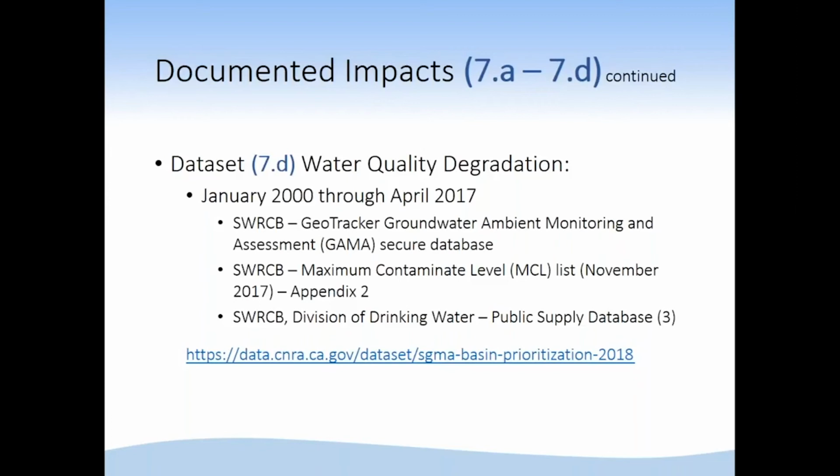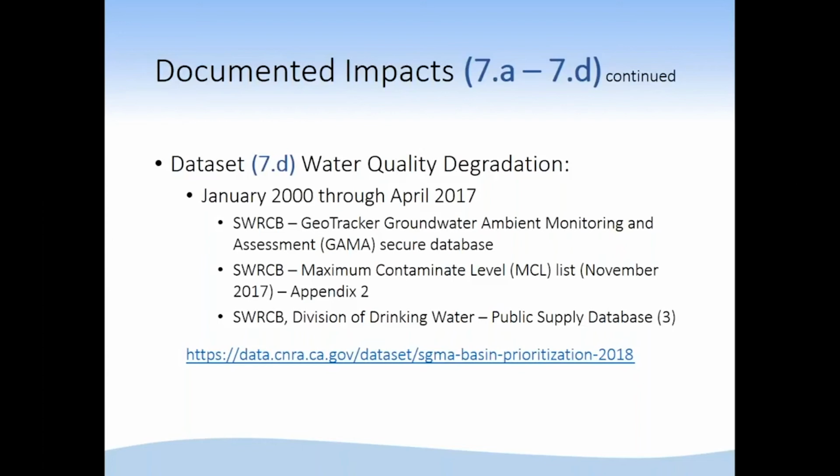The second part relates more spatially to how many public supply wells within the basins have been impacted with some level of exceedances of different contaminants. So we had more of a spatial measure: is it 50% of the wells, 10% of the wells? The one drawback that I didn't cover when I discussed the public supply well database is that we only looked at active wells within the basin at a given snapshot in time, back in 2017 or 16, whatever we called it.